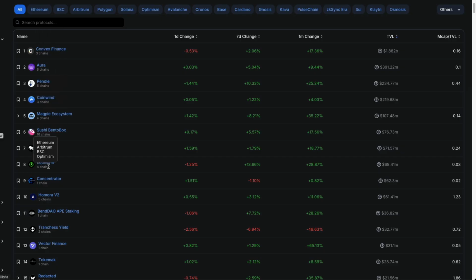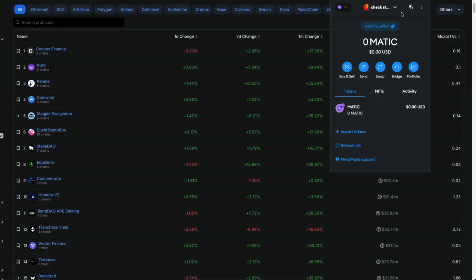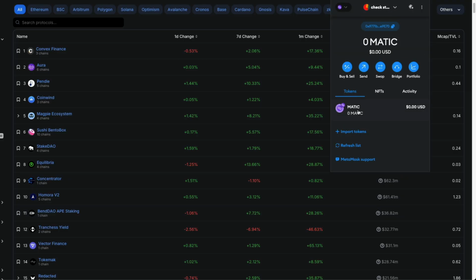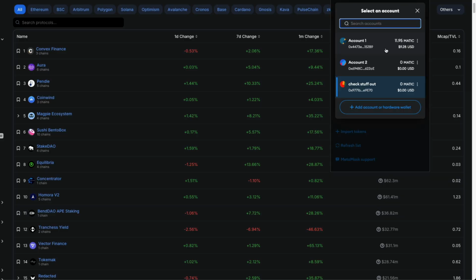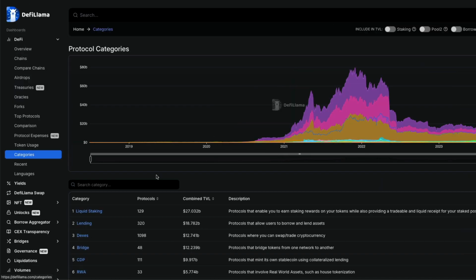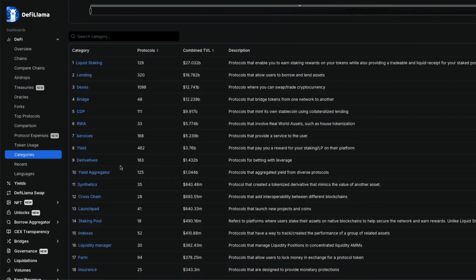So that is just one example, and you could obviously check out a bunch of these other protocols over time and start to explore them. Again, I highly recommend having an account that is a little bit separate from the ones where you actually have funds, for connecting to a bunch of different protocols. And then just use your account that you actually have funds in for the protocols that you trust after doing your research.